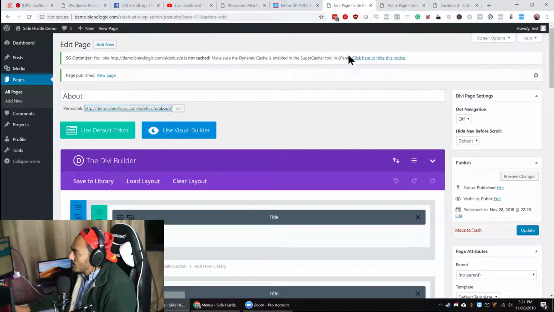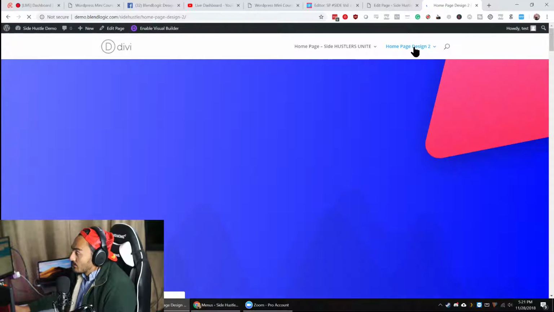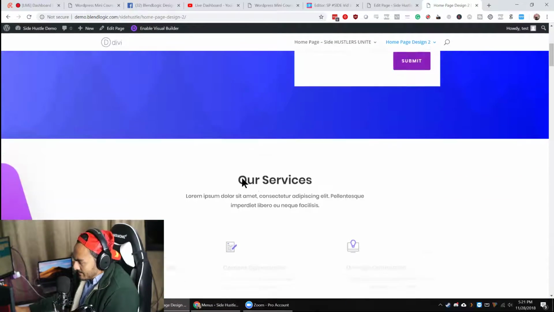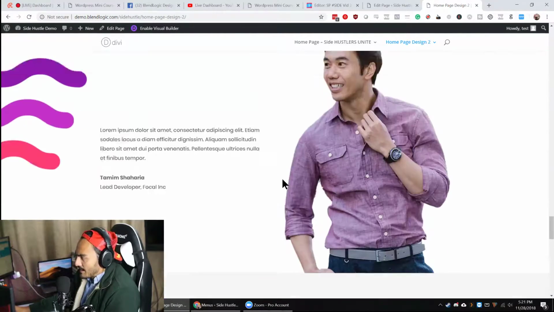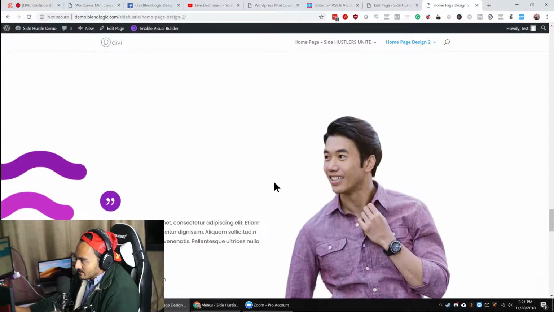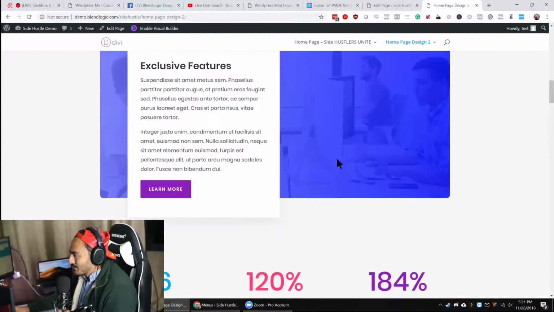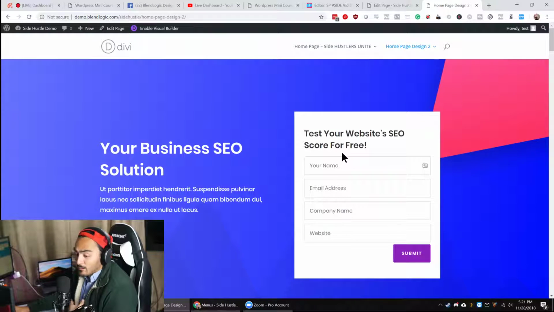So now if I go and open this page, you can see here the homepage design 2 and the about that is there. So basically you see how fast I did this, right? That's the power of templating. And once you realize that you have to adjust this template, you could save that template on Divi and then use it later for another client. So I think it's really cool how fast you could build out. And then basically, let's say I was selling to you guys. So what I would do is,